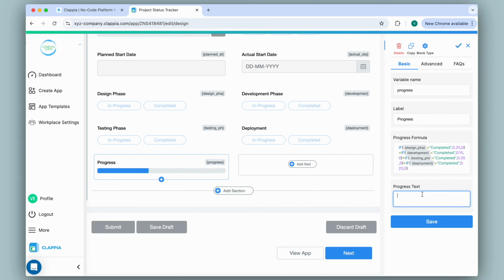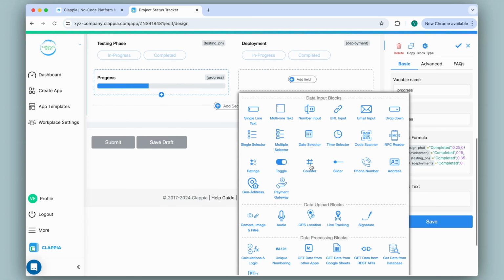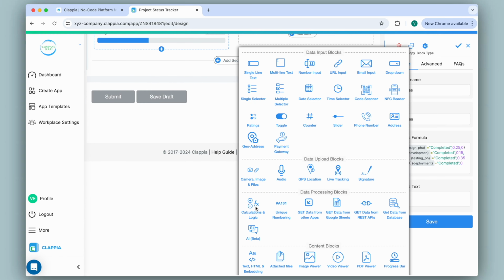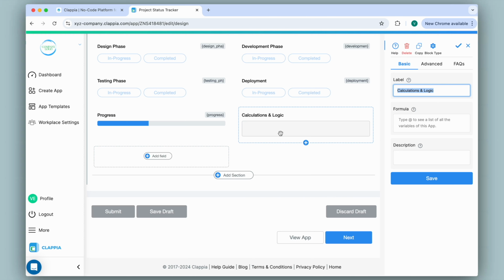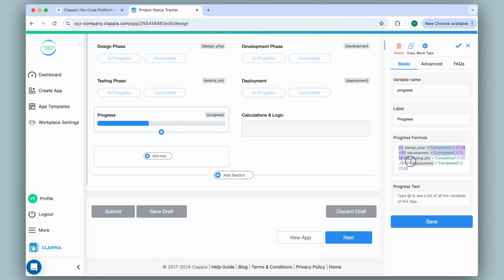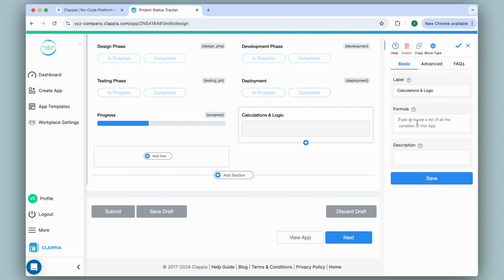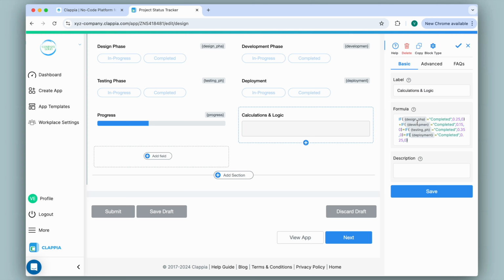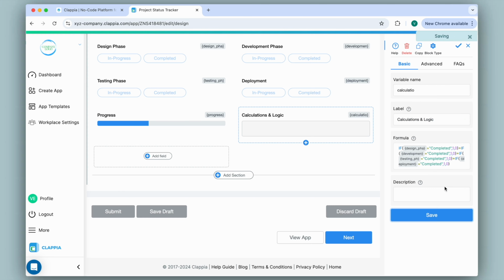So to pull the progress dynamically, I'll add another field and select the calculations and logic block. If you wish to know how to use this block in detail, there is a separate video on it. It will be linked in the description. I can simply copy the same formula from here and paste it here under the formula option. For calculating the number of phases completed, I will change the weightage back to 1 for every field and save this. If you don't want this to be seen in your app, you can go to the advanced section and